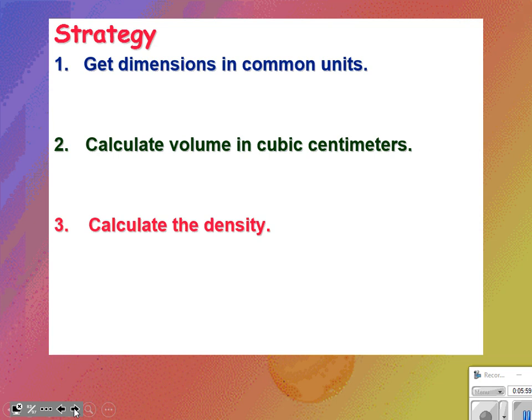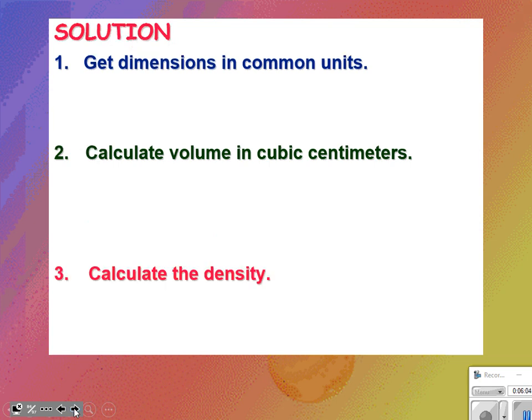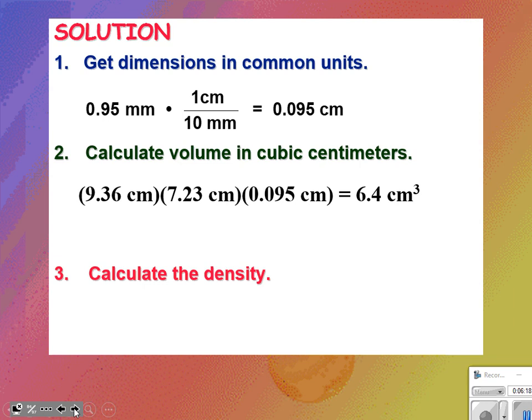And then we can use the mass divided by volume to get the density. So, as I'm going through, if I convert that, I jump 1 decimal place to the left to get me 0.095 centimeters. When I calculate the volume, 9.36 centimeters times 7.23 centimeters times 0.095 centimeters gives me